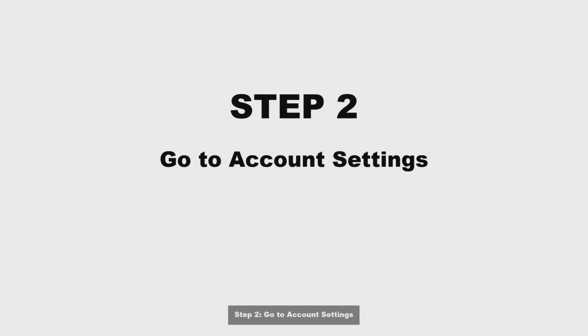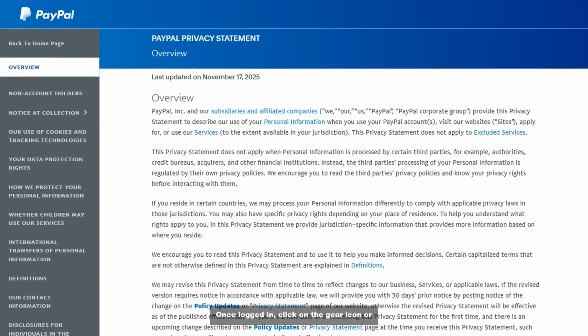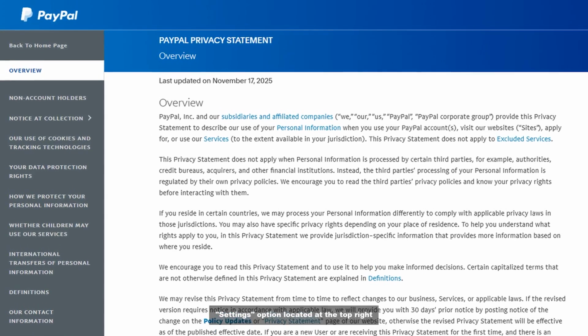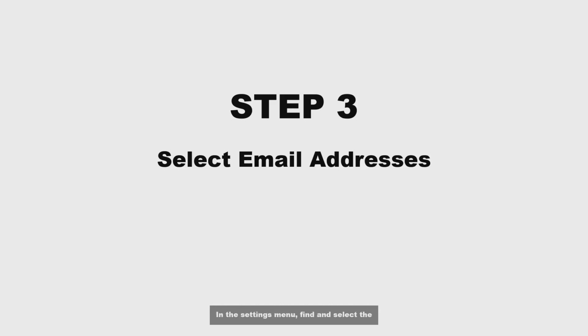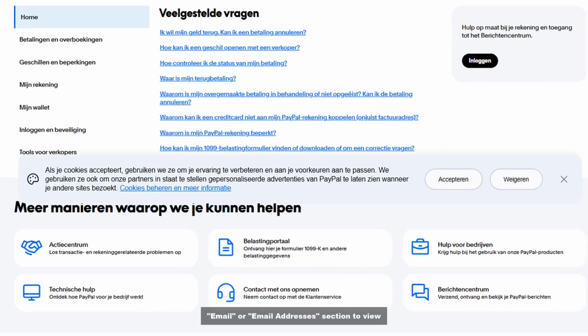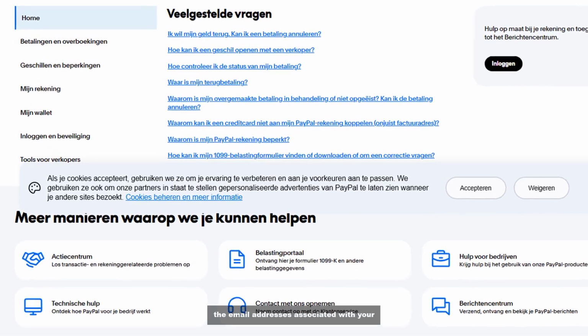Step 2. Go to Account Settings. Once logged in, click on the gear icon or settings option located at the top right corner of the page to access your account settings. Step 3. Select email addresses. In the Settings menu, find and select the Email or Email Addresses section to view the email addresses associated with